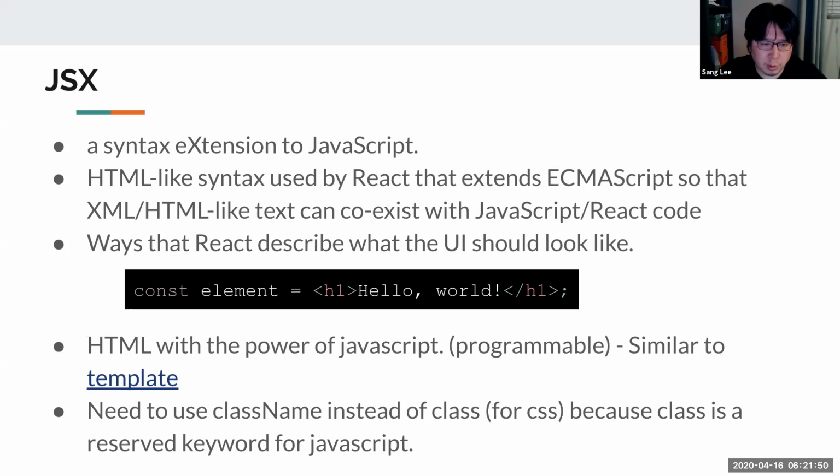The benefit of this is that now in JavaScript, HTML can have the power of a programming language. HTML itself is not a programming language, but now because it can be embedded in JavaScript, it's different. Before, the only way to embed HTML was to use it as a string, but now this is syntax that can be parsed by React. It's similar to a template, but it's much more powerful. One difference is that